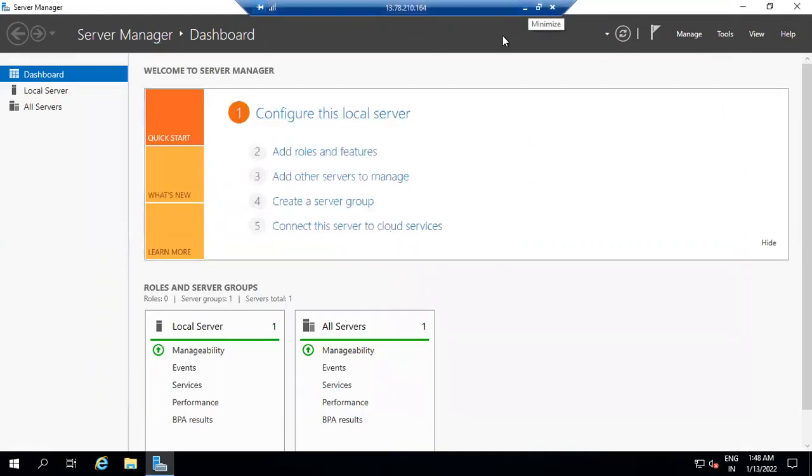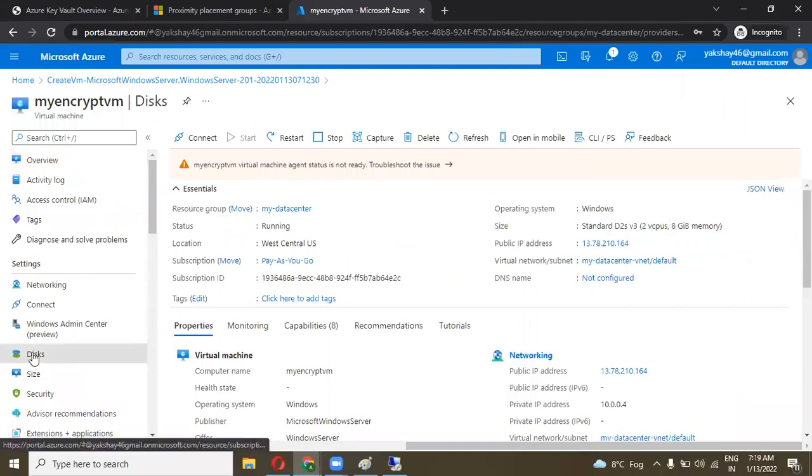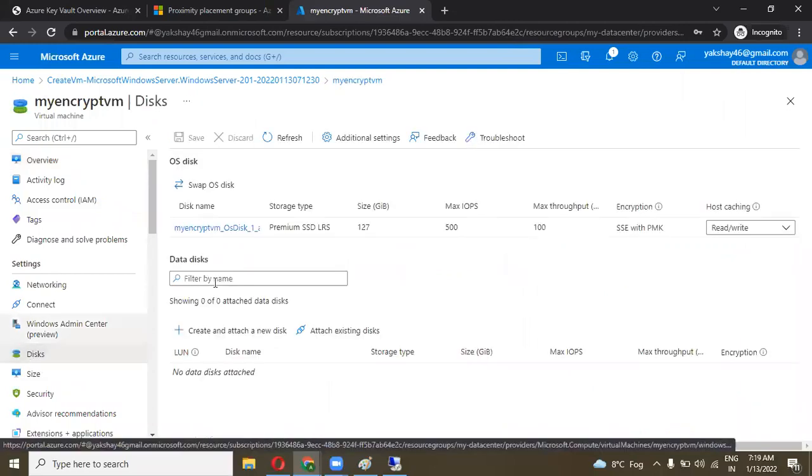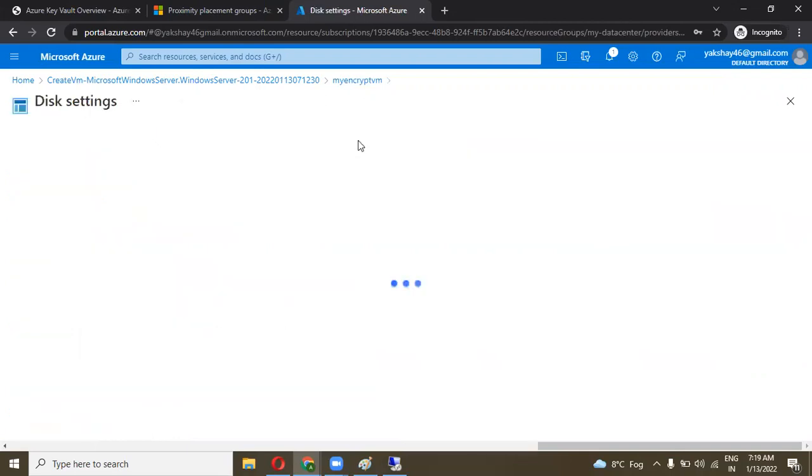Let's go back to the panel, and the disk comes with the default encryption. You can see on the disk the encryption type is SSE with PMK. Go to the disk section, or you can go with the additional setting.